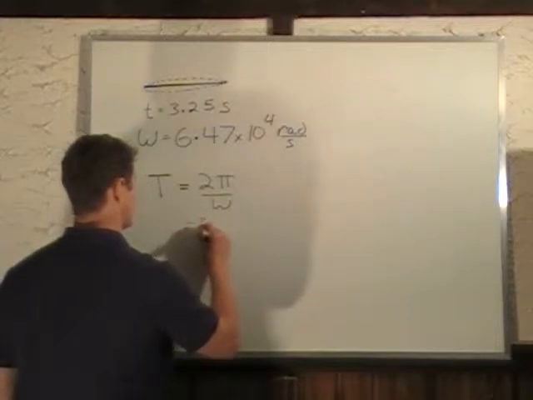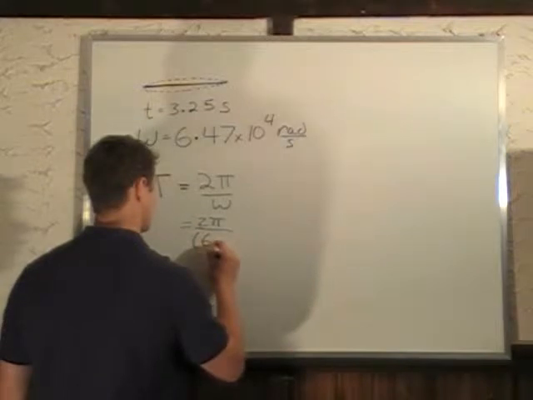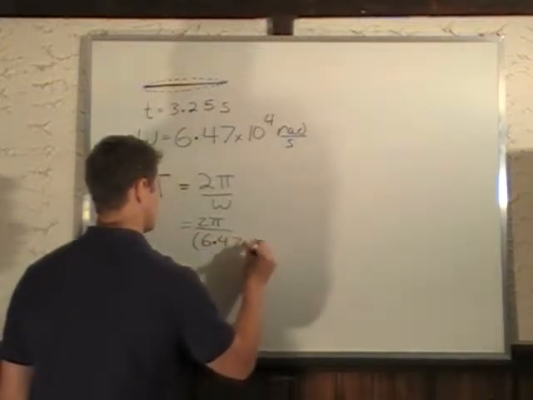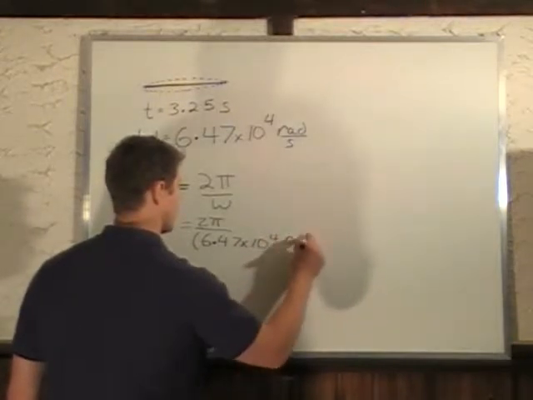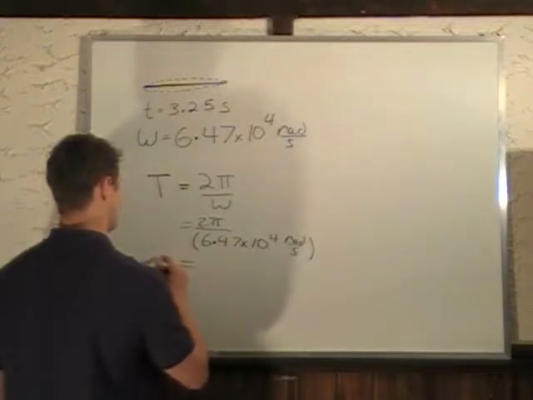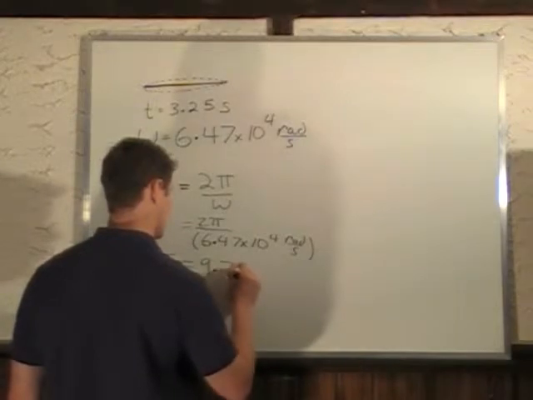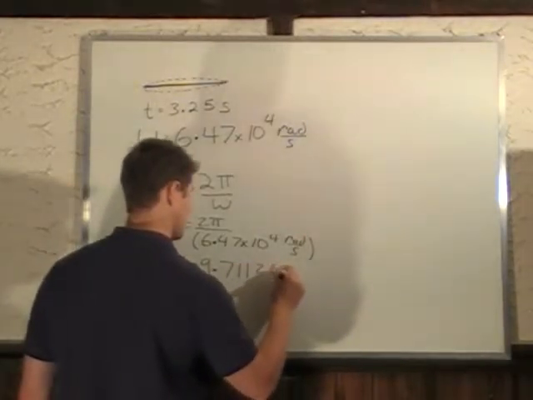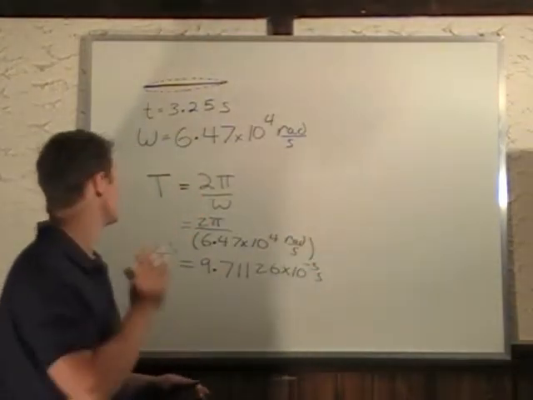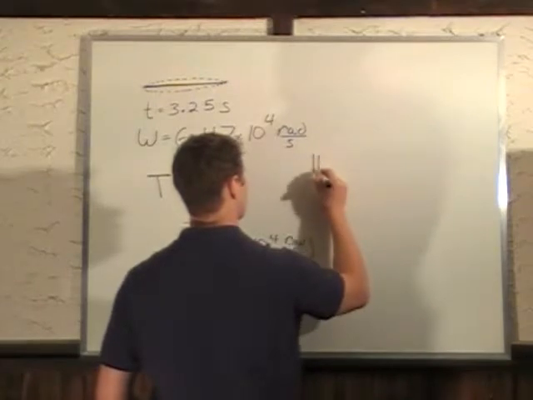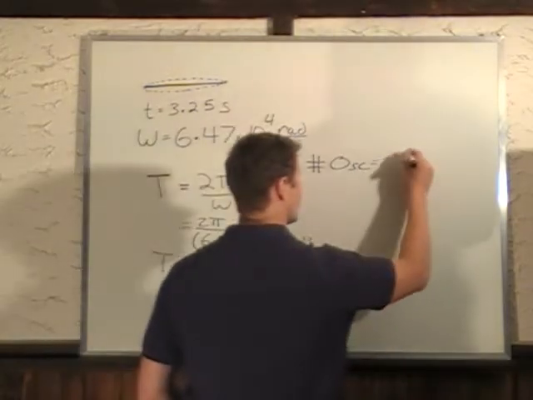So we plug in 2 pi, omega is 6.47 times 10 to the 4th radians per second. So T will be 9.71126 times 10 to the minus 5 seconds. So that's our period. So now we can say that our number of oscillations is equal to our total time